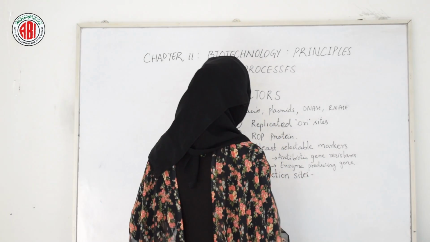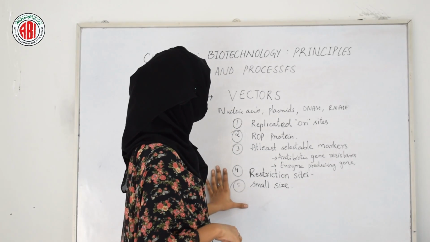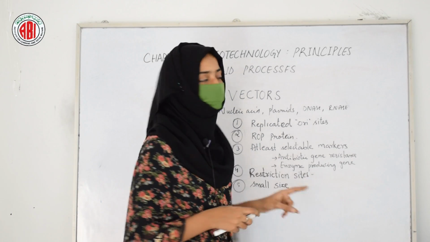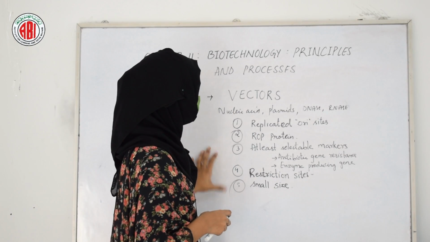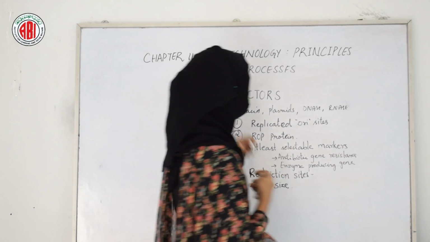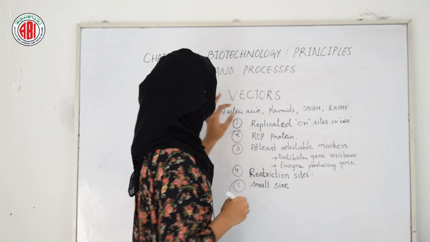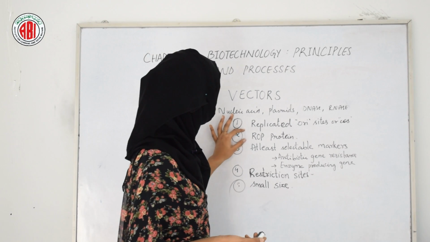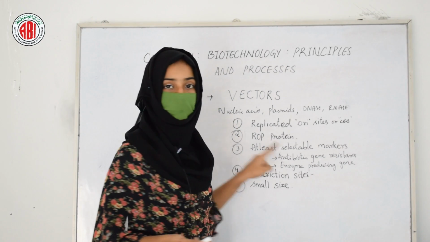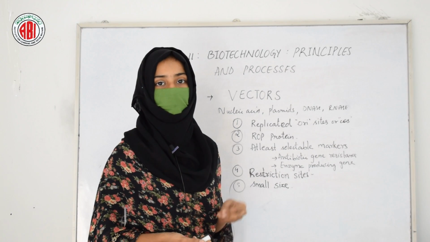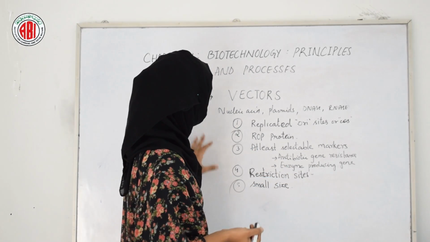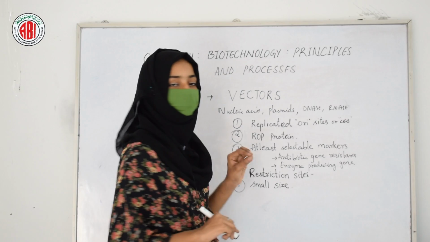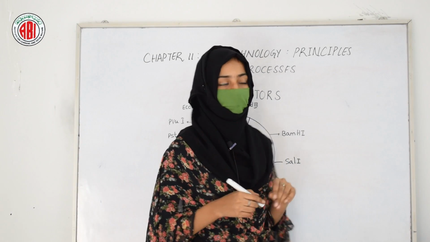the host. And the other property of vector is that vectors should be smaller in size so that they can be handled easily. To handle them easily, it should have a small size. These are certain properties. The first one is ORI sites, which are also called cos sites, should be there in the vector so that they can undergo replication. ROP protein should be there so that the DNA polymerase can recognize it, and it should have at least one selectable marker, that too to identify whether the desired gene is inserted into the host or not. And it should have only one restriction site to make a cut with the help of endonucleases, and it should be smaller in size. Let us take an example of one vector, that is